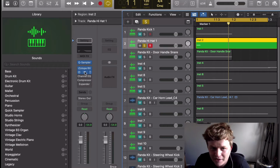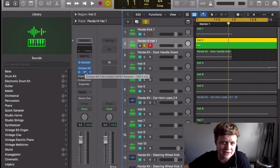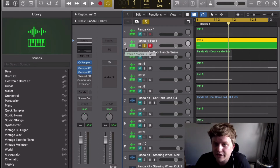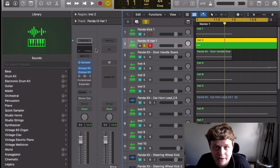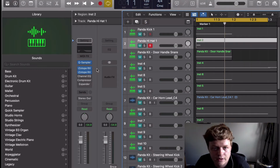If you ever use these audio restoration plugins, never leave them on your channel strip. If you've got some audio to fix, make sure you bounce in place that audio, because your system, I've got an 8 gig RAM Mac, can't handle it. So once you've fixed it, bounce it in place and just use the audio if you can. Otherwise you'll get those system overload notifications. But to add in the other